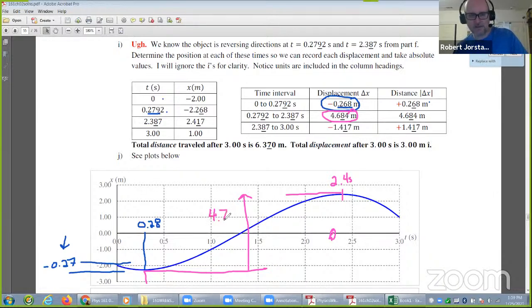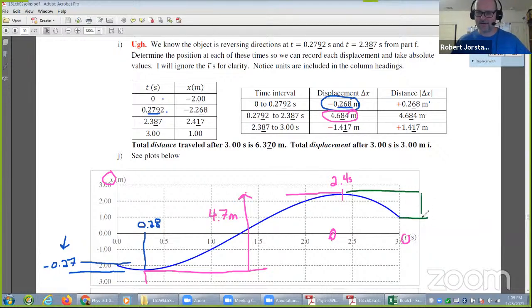Now, by up on the graph means to the right in real life. I'm going to say that again. Here, the value of x goes up. That's the same thing as going from a negative value to a positive value. That's the same thing as going from the left of the origin to the right. So here, when I'm plotting position versus time, going upwards on the graph corresponds to the object moving to the right. And then finally, we see here,